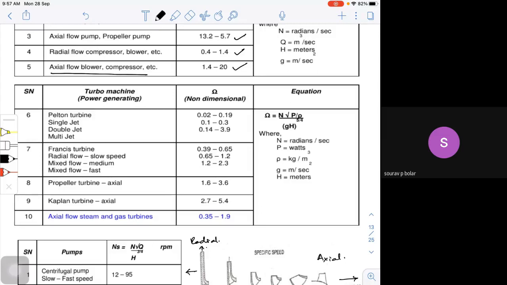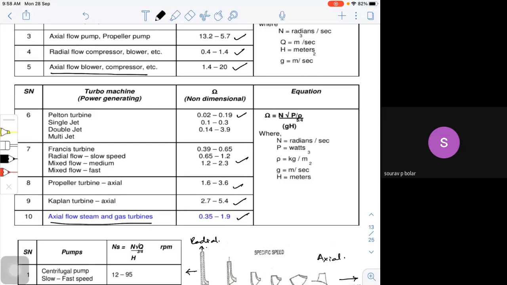Now, if this number is very, very low, I will go with a tangential kind of flow, which is not axial, it's completely tangential. That means it works on kinetic energy. If the number is very high, then as a design parameter I'm going to look at turbines which are axial. It can be a steam turbine or it can be a gas turbine. So in between I can choose the turbines depending upon the value.